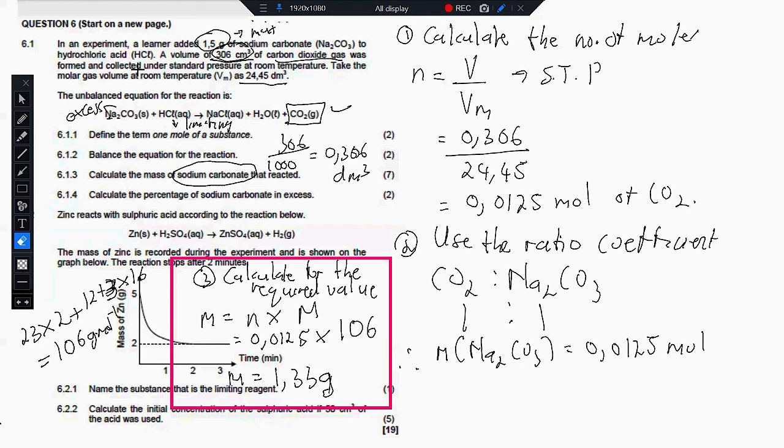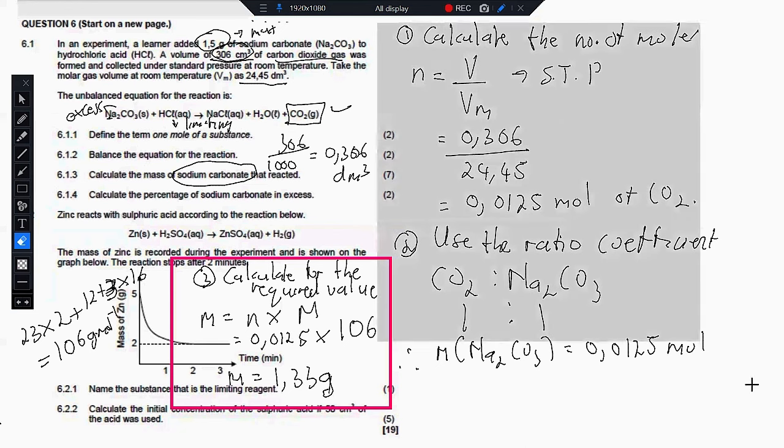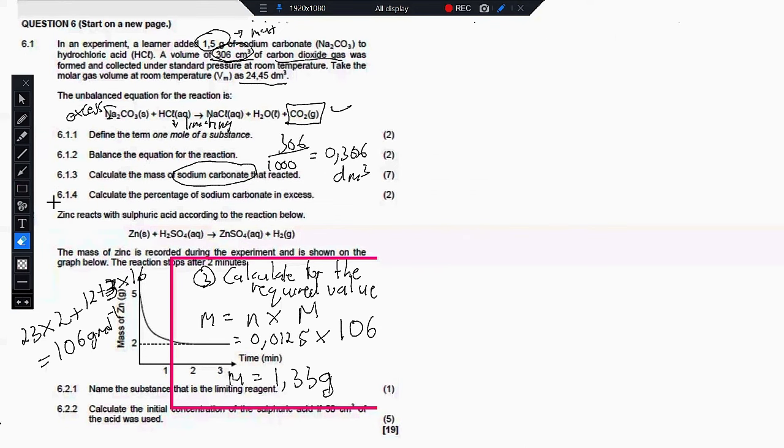Okay, so now we have 6.1.4. So for that one, let me just erase this part here. It says 6.1.4, calculate the percentage of sodium carbonate in excess. Remember, we did mention that the 1.5 gram is the one that is in excess, or the sodium carbonate is the one in excess. And then we just calculated in the previous question that the one that actually reacted is